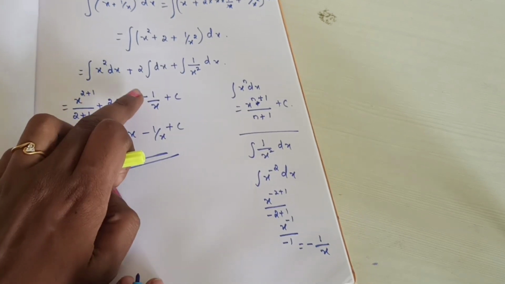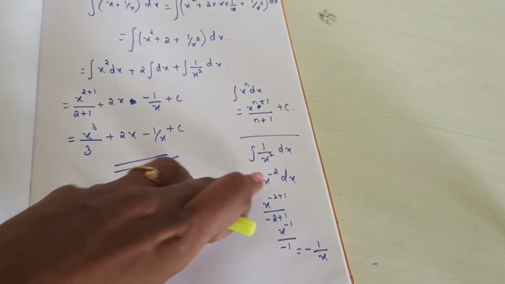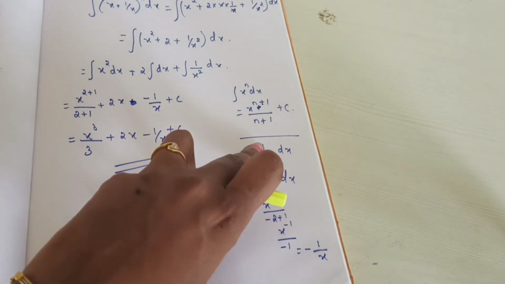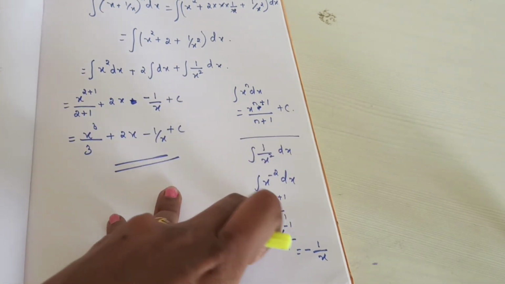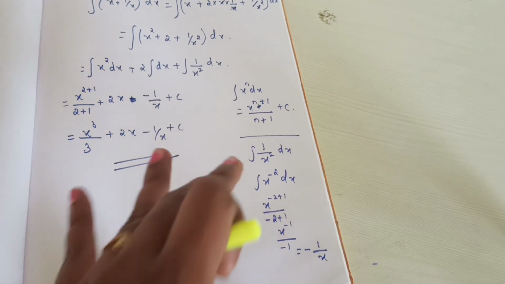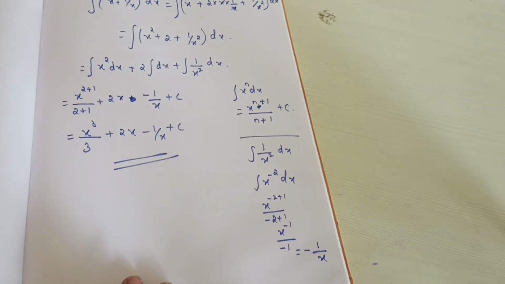Understand? So separately you do, otherwise no problem, here itself we can do. It's in the denominator, you will get confused, because of that I took this to the numerator and you just substitute in the formula. What's the formula? x power n plus 1 divided by n plus 1. That is x power minus 2 or x power minus 1 or x power minus 3, like this means you need to bring this to the denominator. Understand? That's all. So very easy.